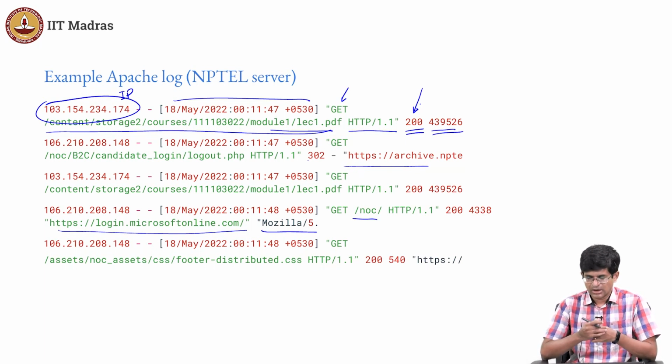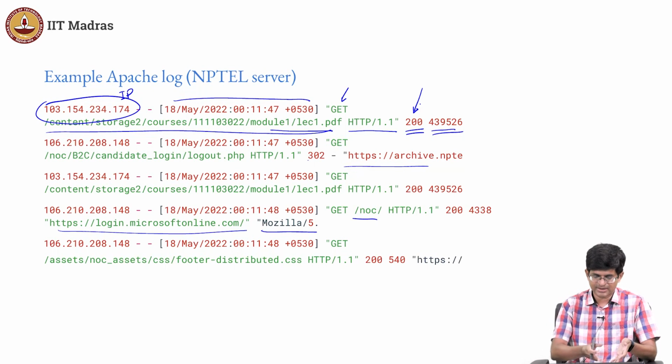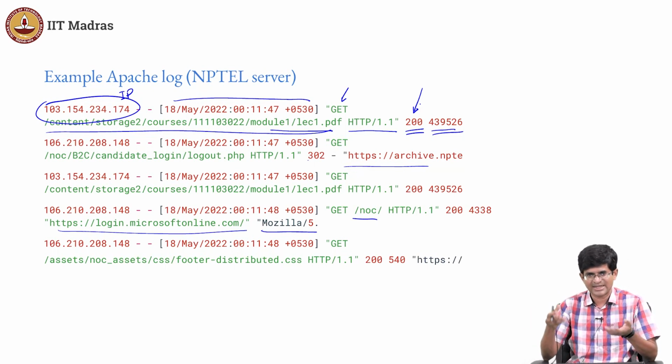I don't know. The GET request, the file name, all of those are clubbed together into one big string. Things like this user agent, for example, are a nightmare because it's just a string which has spaces inside it. I can't really make much sense of the whole thing. So this is an example of what is actually not a great log format to use. But it's been used with the Apache web server since probably 1994 or something like that, so it's here to stay. People use it all the time.